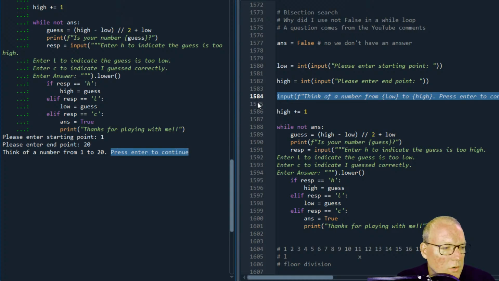So that was kind of what I did to pause the code to have this sit here. Think about a number, and that's why I then say press enter for OK. So this is sitting here waiting for the enter to be pressed and then continue.